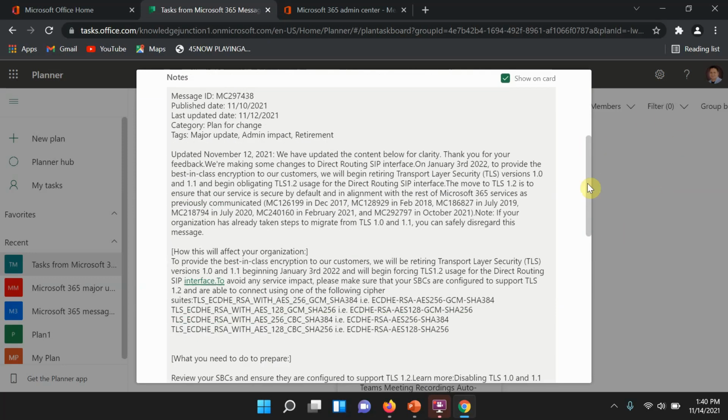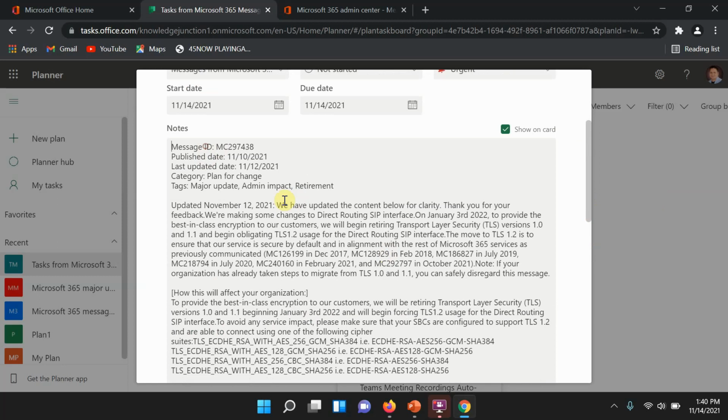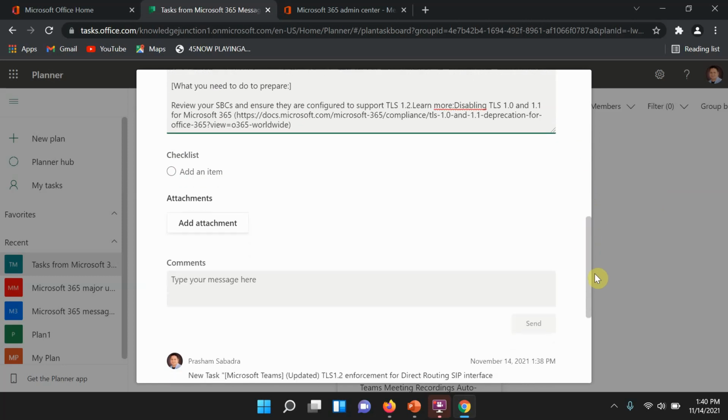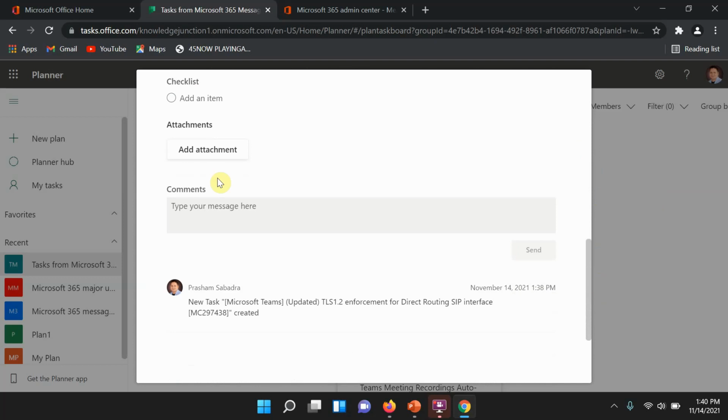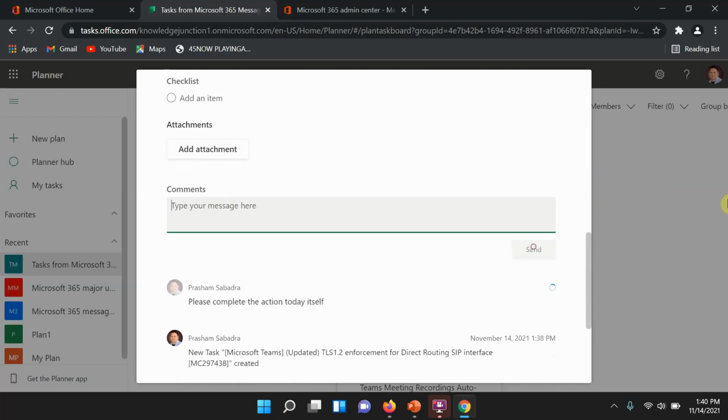Show on the card option, this will be the message with all the details. And more important, you could add attachments as well, and then the message. Today itself, send.